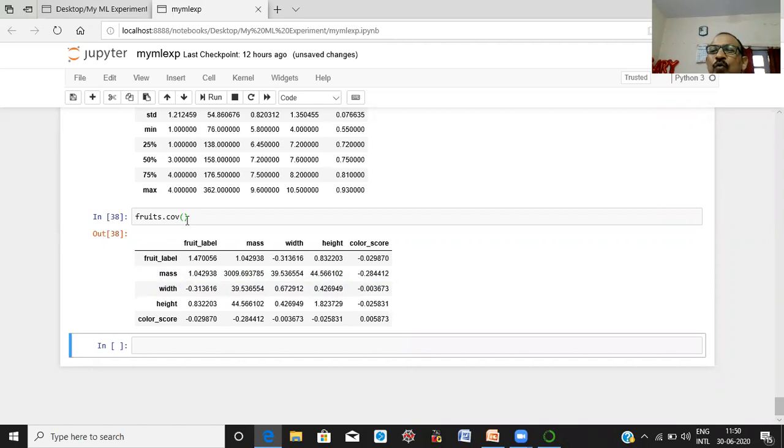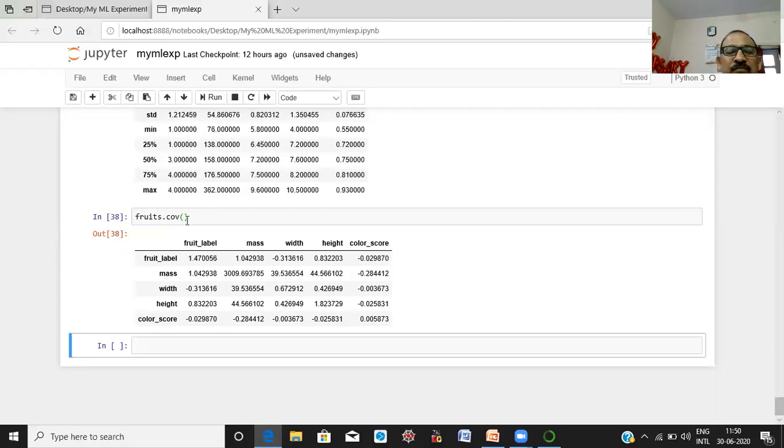A positive covariance value indicates the variables are positively related, and negative values indicate the variables are inversely related. So positive means the variables are positively related, and negative means the variables are inversely related.